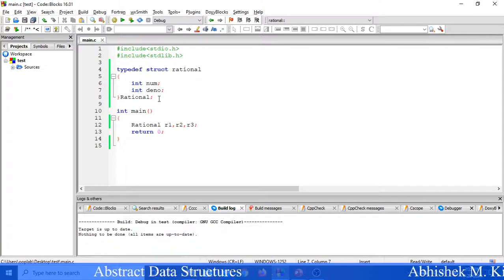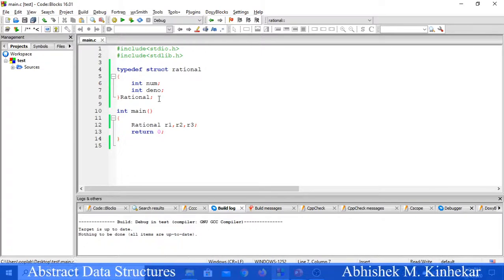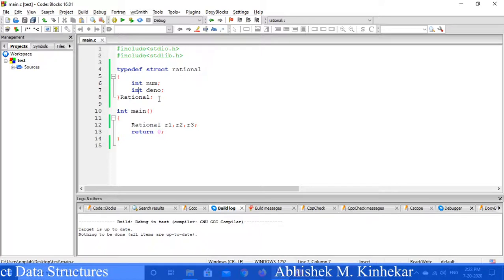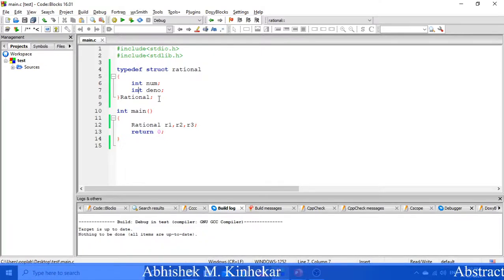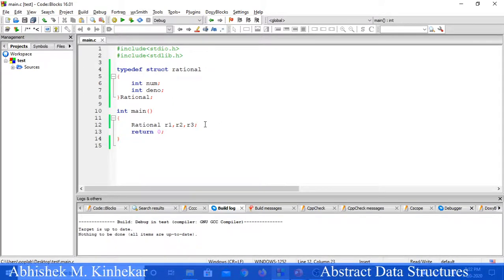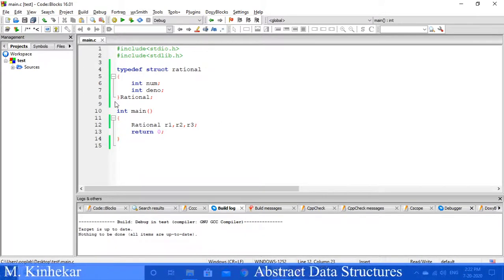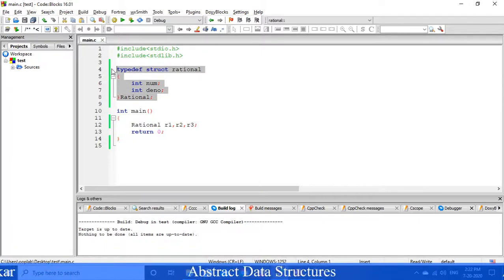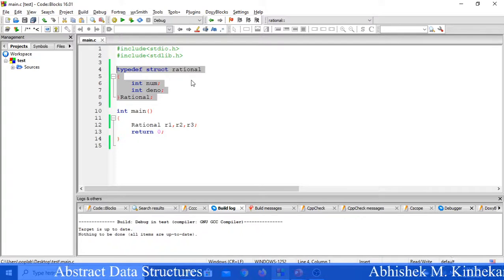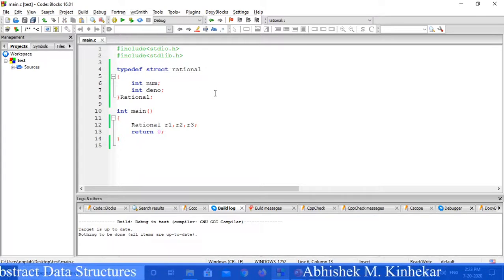Now we have the problem of defining operations. How do we define operations? Let us see how a rational number is read and how a rational number is printed. Just like this, I have declared three rational numbers. Some of you might ask why I did this outside main. I did this intentionally outside main because I want this definition to be global.